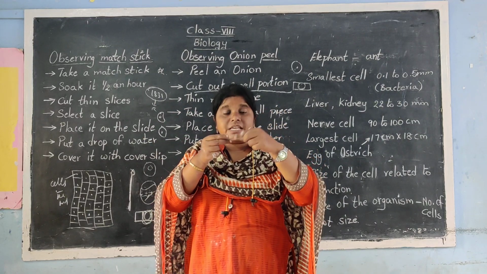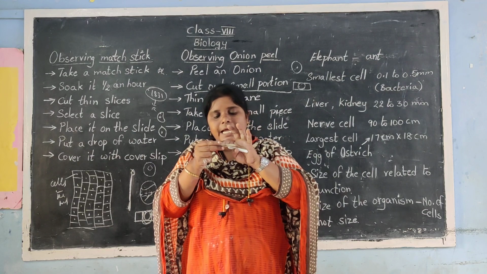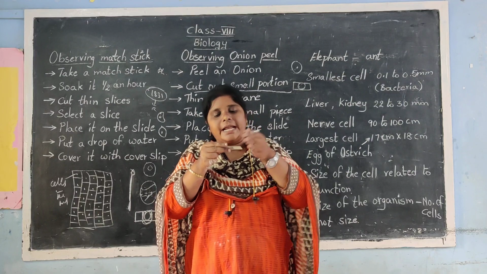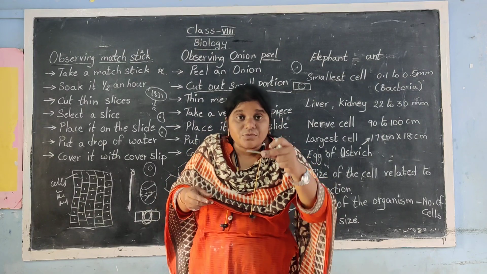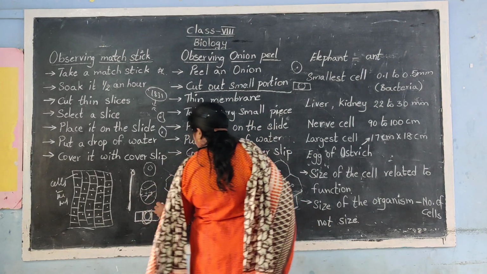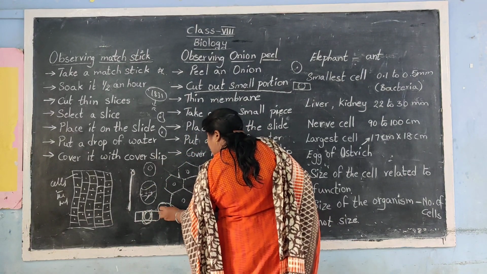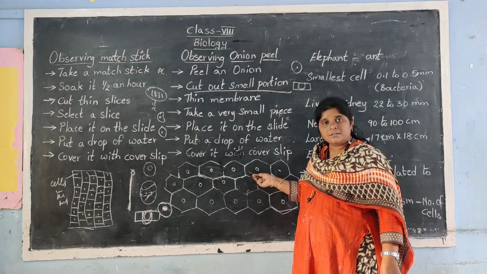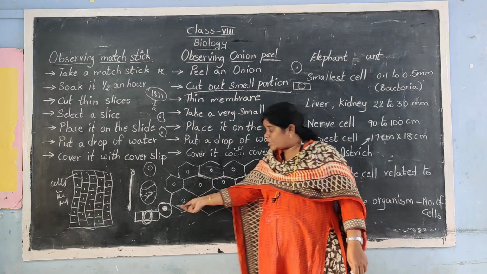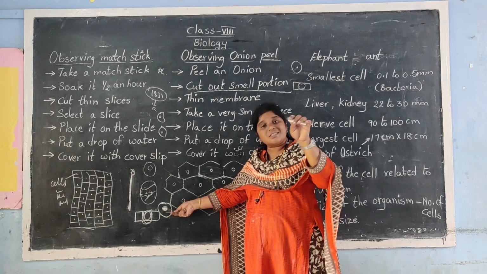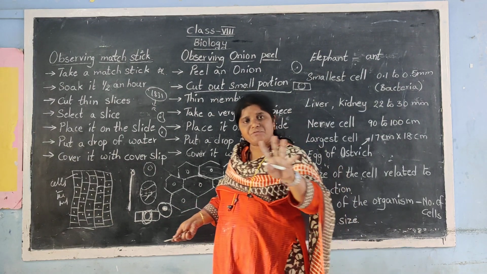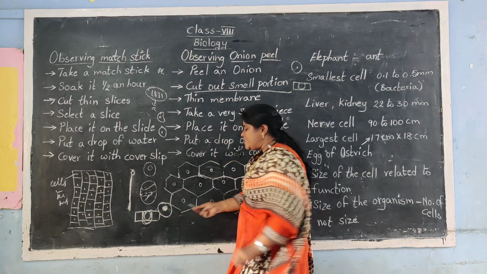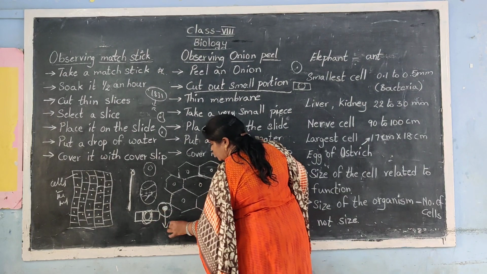After that, take a tissue paper or a blotting paper and remove the excess stain, whatever it is. Remove it and again cover it with a cover slip. Now observe it under the microscope. You can observe cells with a dark spot in the middle. You understood the difference here? Simply we have done the observation of cells before, whereas here we have stained it. Because of the staining, if you take blue color, everything will be blue, but the midst of the cell will be a black spot like this.